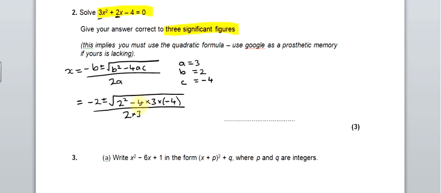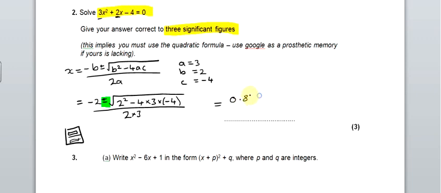Now you reach for your calculator. You should have your Casio calculator with a natural display, which means you can use the fraction button, and it looks like this on your calculator. I'm sure you know where it is. And you can actually type in this expression here exactly like it looks. So start by pressing that and then just put all those bits in. Now, you clearly can't type in a plus or minus, so you first of all type in the plus and then hit equals, and that will give you an answer of